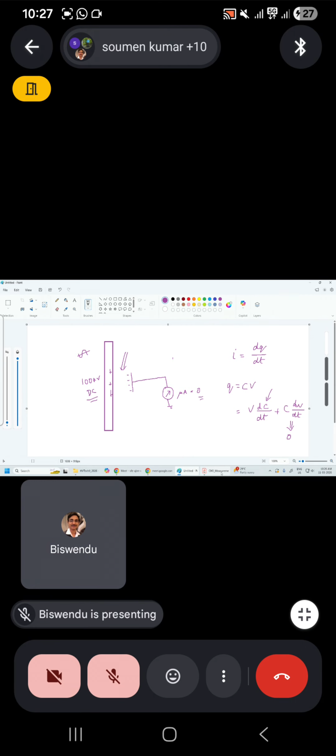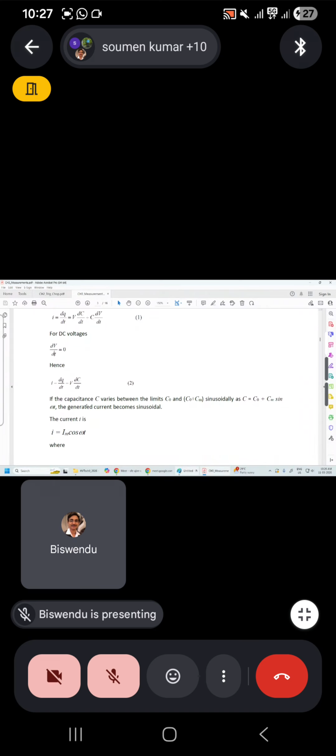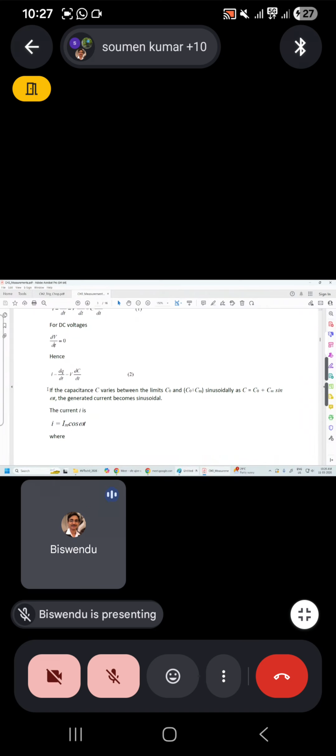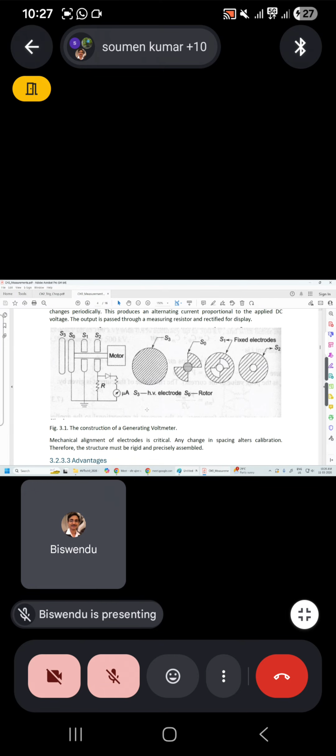Now let us see that if the capacitance C varies between limits sinusoidally, then the generated current becomes sinusoidal. I equals V dC/dt. How will this happen? Go to the construction first. What happens, the capacitor,